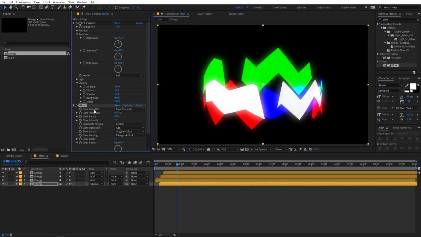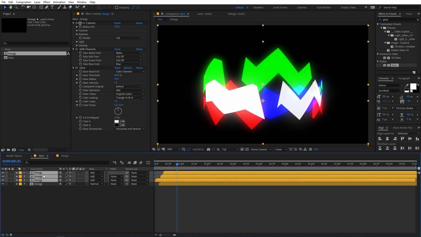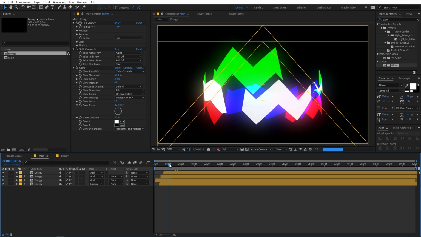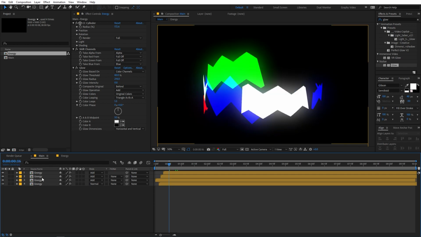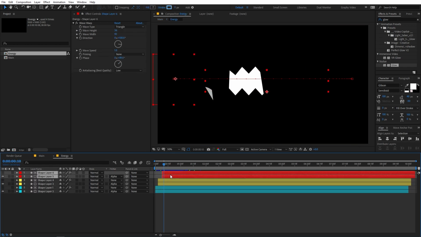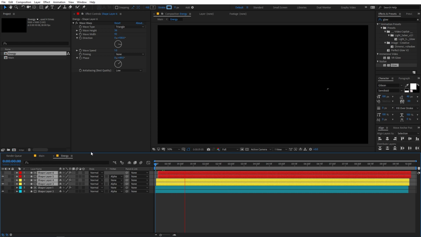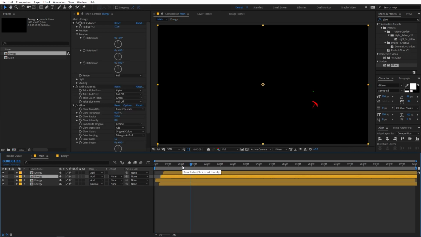Now you can probably increase the glow radius to something like this, and let me just quickly lower down the intensity. Yeah, I think this looks good. So you can just copy it and paste it onto the other layers as well. And I think we have to reduce these gaps as well. So you can just simply go inside the comp and just simply lower down the distance between these. Yeah, so I think this is looking much better.